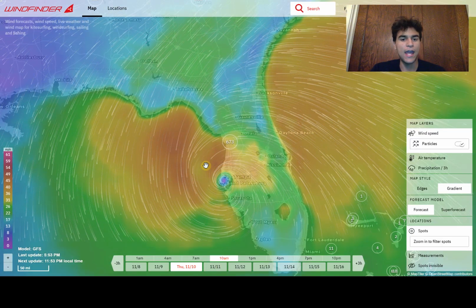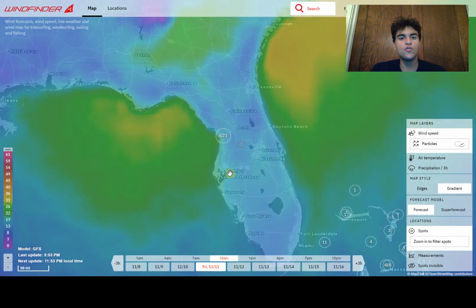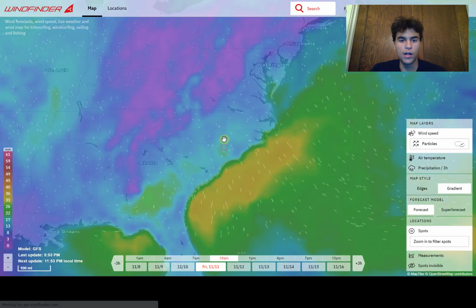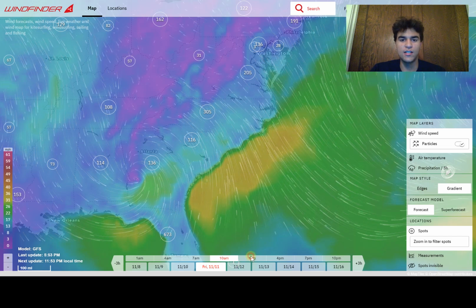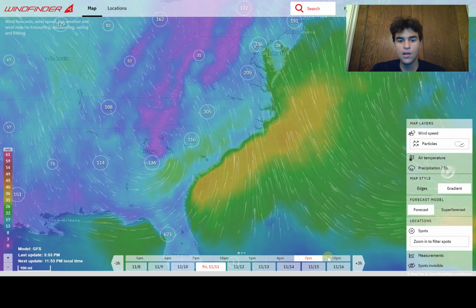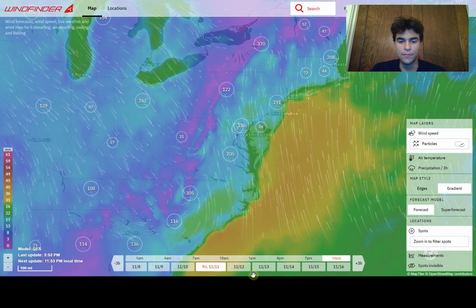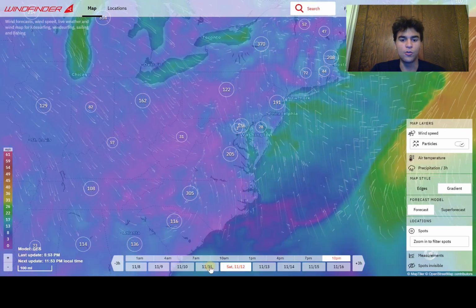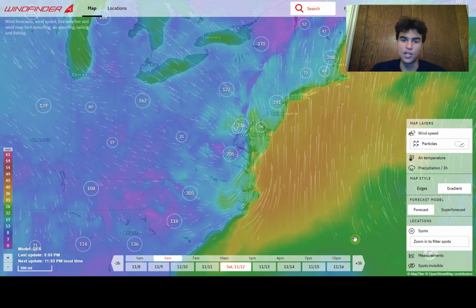So definitely prepare for that possibility of very strong winds. And then moving forward to the 11th, we're going to see those strong winds move northward, where we're seeing those stronger winds move ashore along the Carolinas. Moving forward with the time period, we do see the winds will eventually move up into the Northeast, where New York City and New Jersey, the Interstate 95 corridor, could experience very strong winds associated with this, and potentially coastal